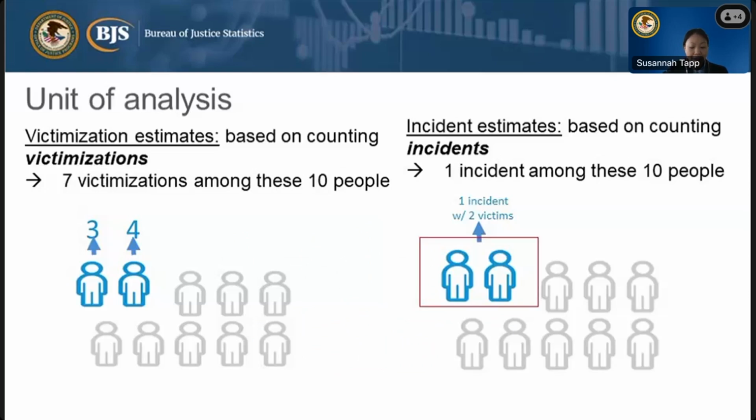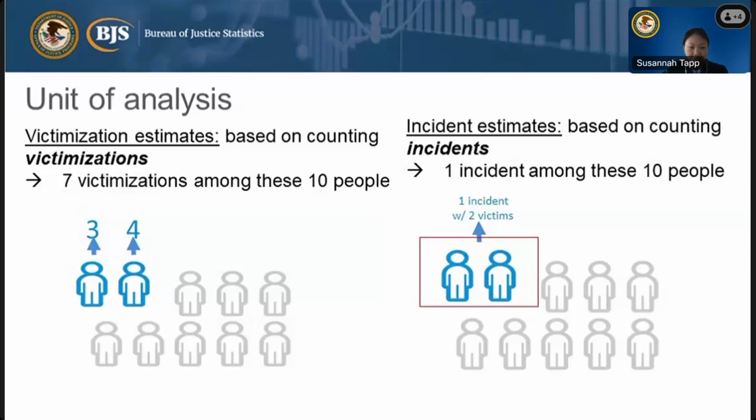Victimization estimates are based on counting the victimizations. And if you're wondering about how serious crimes are handled, information is only collected about the most recent incident. When a serious crime is reported, respondents who report a serious crime are asked to estimate how many times the serious crime occurred, and that number is recorded, but we do cap it at 10 to avoid the effect of